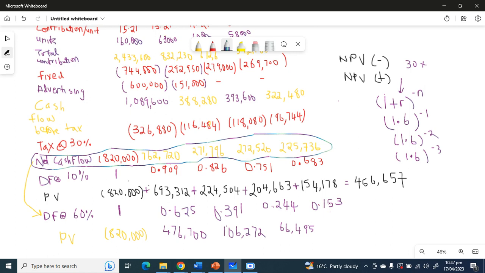Then 0.153 times 225,736. 225,736 multiplied by 0.153, you get 34,537.538, actually 538. Okay, this one looks promising. We can add. Okay, negative